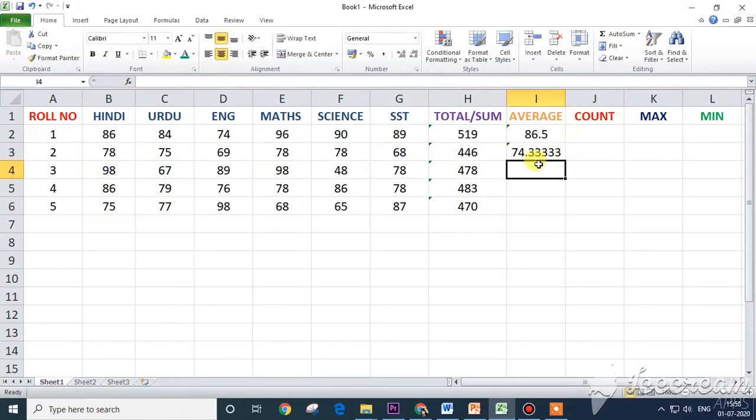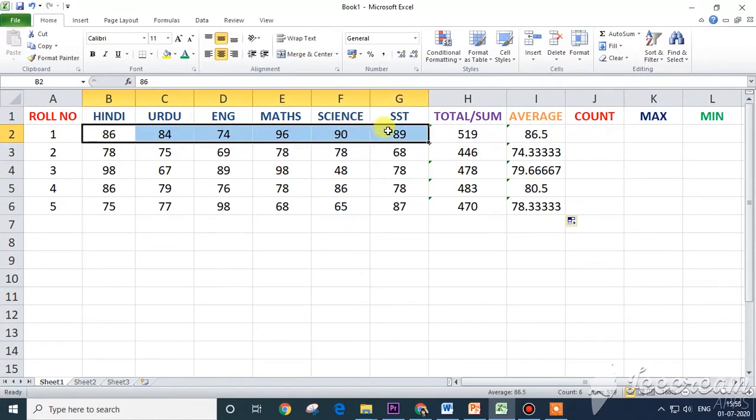Click on enter. 74.33. Same way, I need to do it for all the roll numbers. See here, you can see 74.33, roll number 3 got 79 and roll number 5 got 78 percentage. Not percentage, it's average.